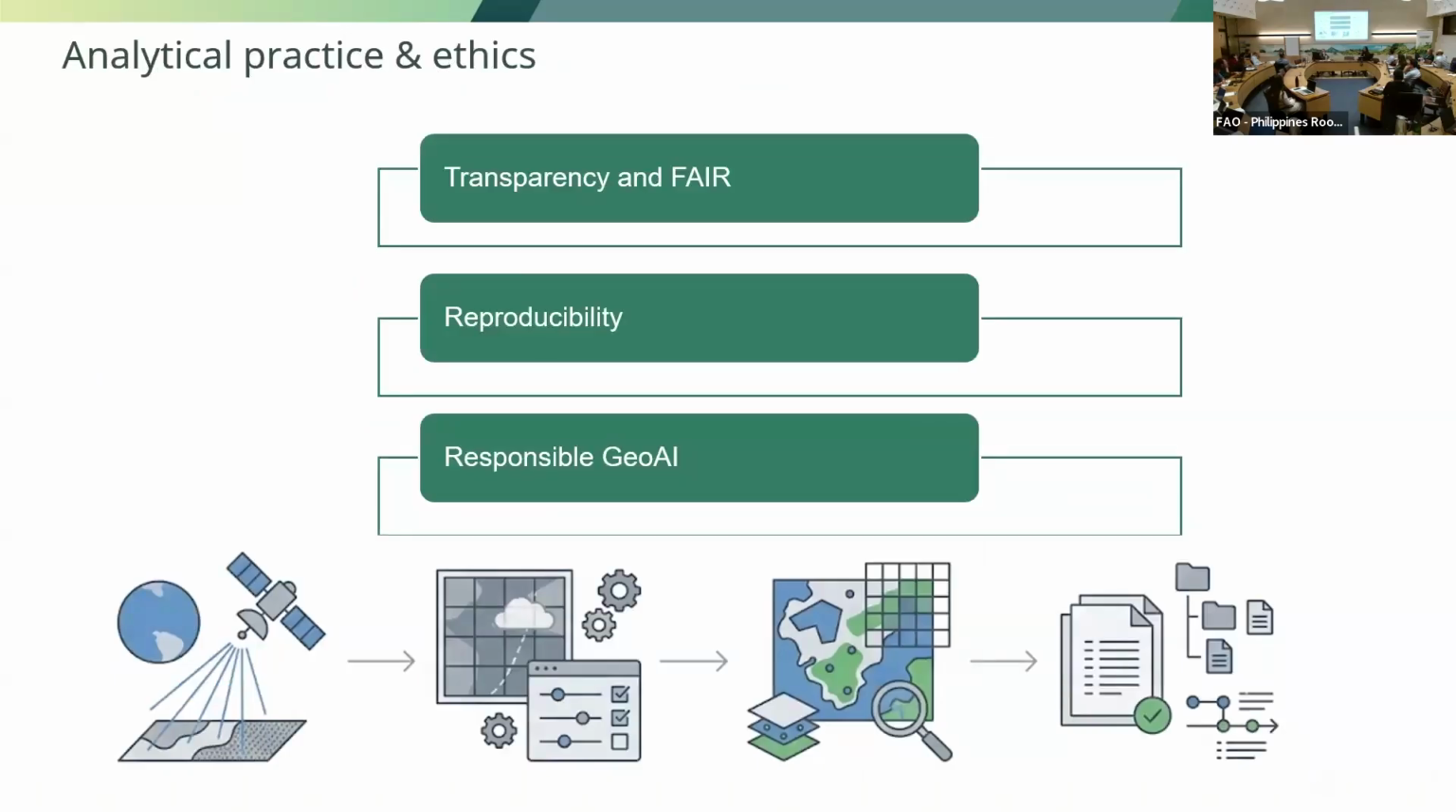Now, of course, as the workflow becomes more complex, the focus shifts from just producing results to understanding how those results are generated. So every step in the pipeline, from data selection and pre-processing to feature extraction and modeling, can affect the final variables used in the GIE. So because of that, transparency and documentation become essential so that we can clearly trace how raw spatial data becomes